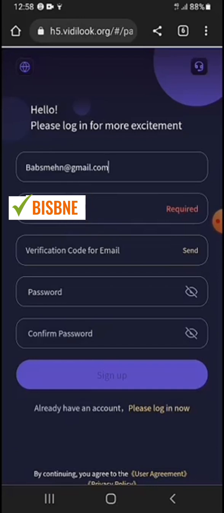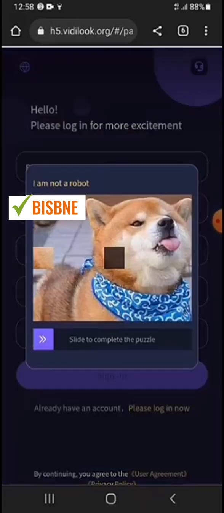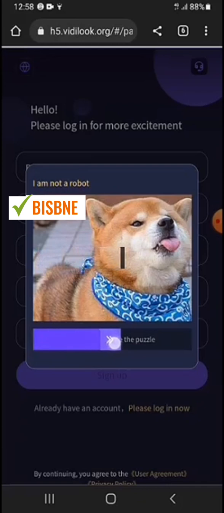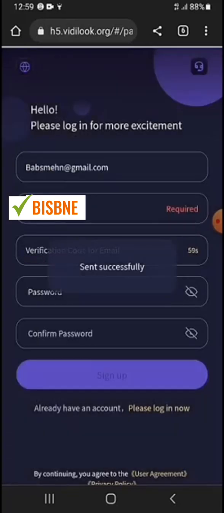Now, the next thing under the invitation code is verification code for email. This means you're going to request for a verification code sent to the email you have just provided. So to request for the verification code, tap on that send to the right side. You tap on send, and then it brings out this picture puzzle of a dog. So all you need to do is to solve this picture puzzle by dragging on the arrow below. Hold down the arrow and then drag it slowly like that to solve the puzzle, okay? Once you have the piece of puzzle in the right place, just release, and then the code gets sent to